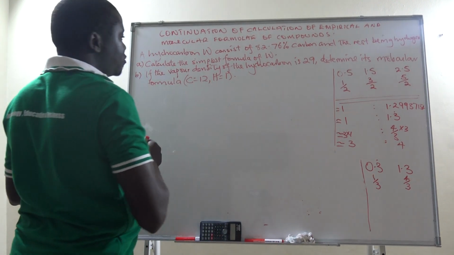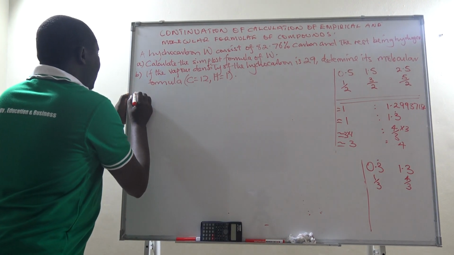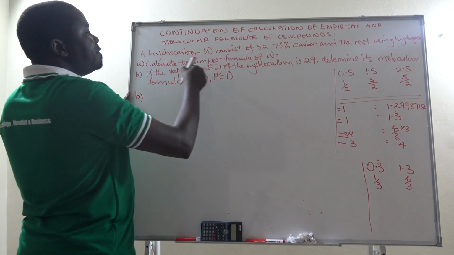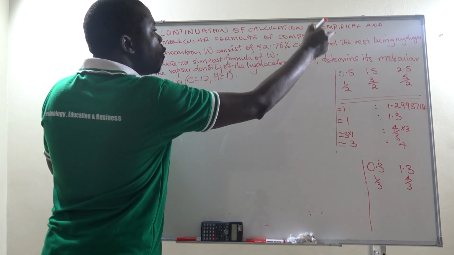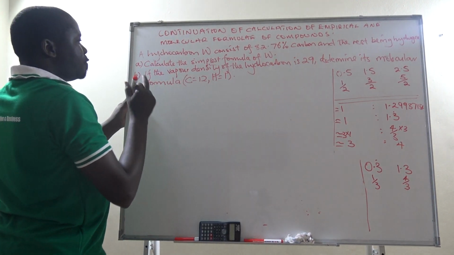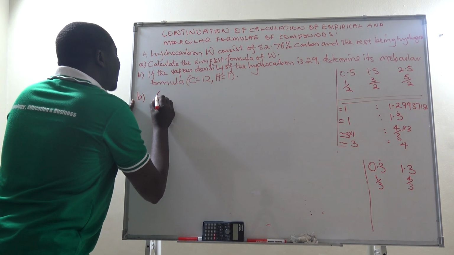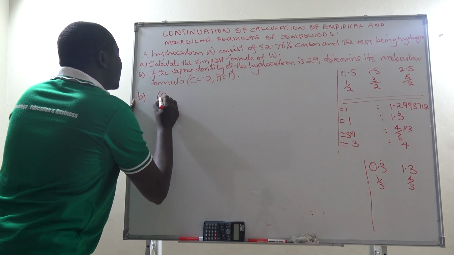So let us try to see. In part B, we have been told that if the vapor density of the hydrocarbon is 29, what is its molecular formula? So we say that in getting the molecular formula, the empirical formula which we have got in this case is